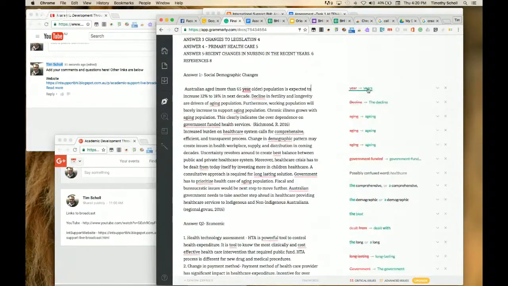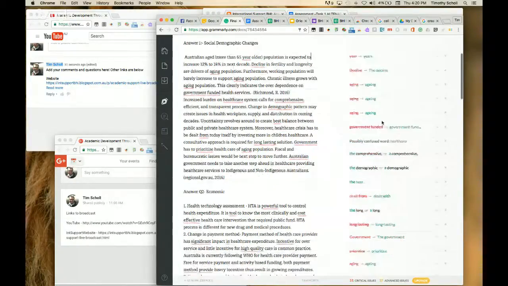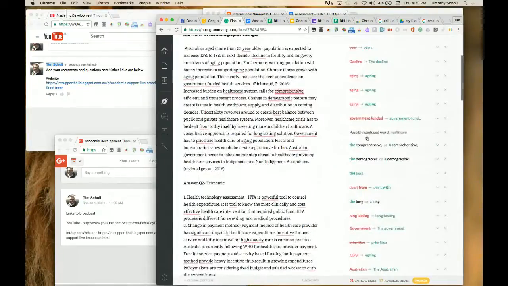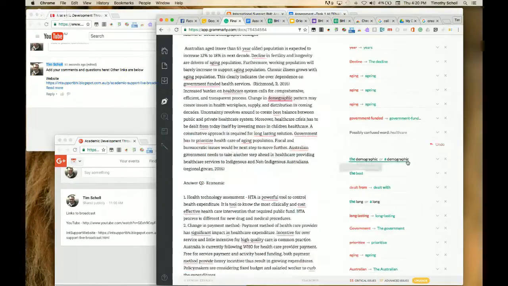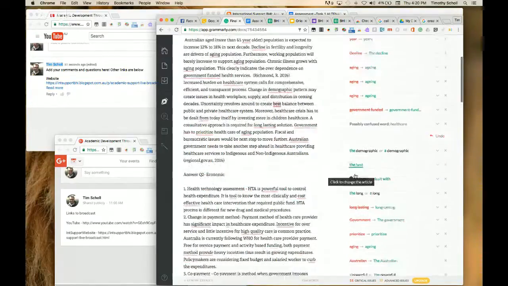and it's a lot like Word's grammar checker, but you can see here it's a little bit more advanced. It'll offer multiple options. It'll go through the whole document, and it'll give you good reasons about why it is that they've chosen that. The noun phrase "comprehensive, efficient, and transparent process" seems to be missing a determiner before it. Consider adding an article, as in "a" or "the". So it gives you a really good reason as to why it's changing your grammar, which is a great learning